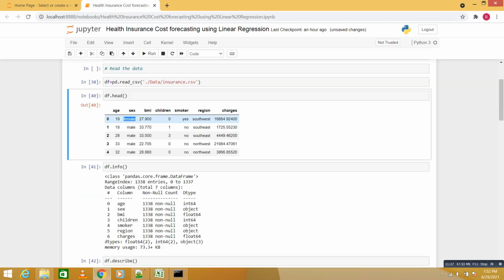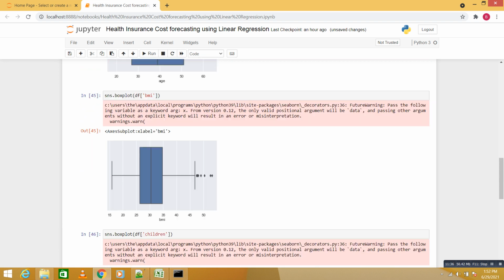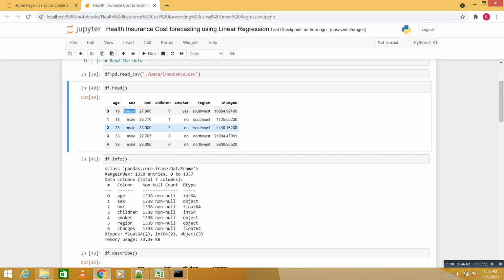Now the data is in numerical form 0 1 0 1, where 0 means female and 1 means male. This is the way we encode values.